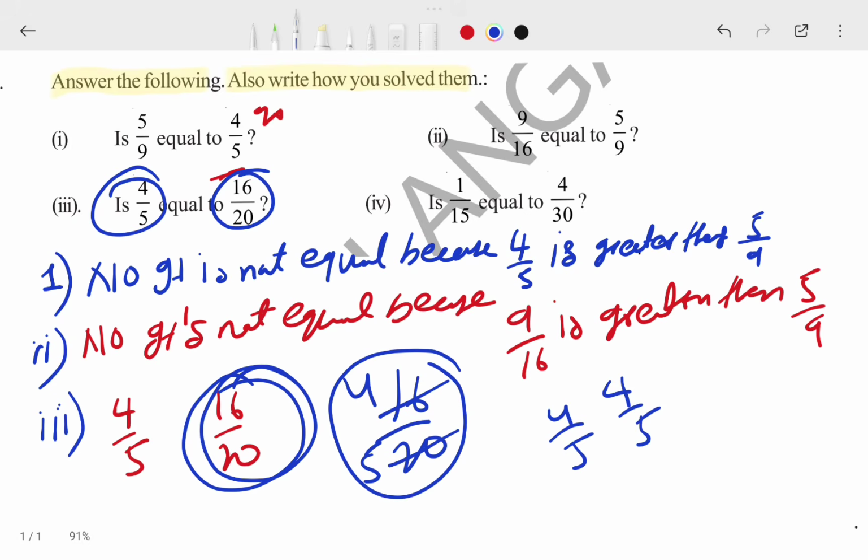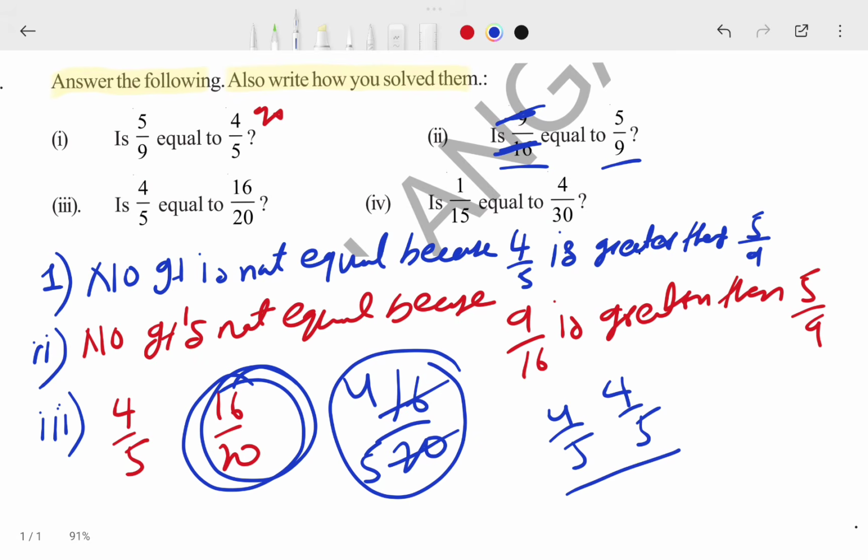It is totally the same, nothing is different in this one. So here I understand 4 by 5 and 16 by 20 are both equal, but the difference is, if you see these numbers, I already told you, if you divide this number with 3, this one also has to be divided with 3. If you're dividing this 16 with 4, the upper number has to be divided by 4